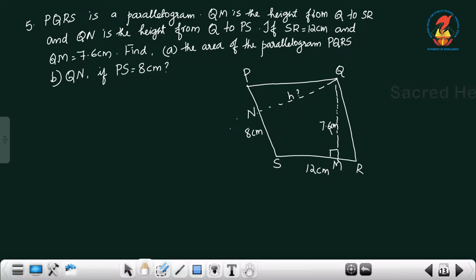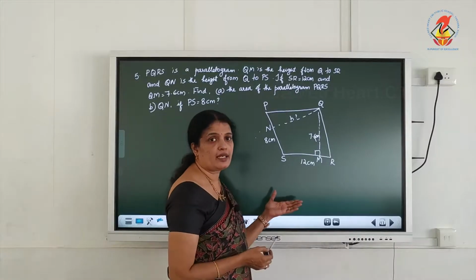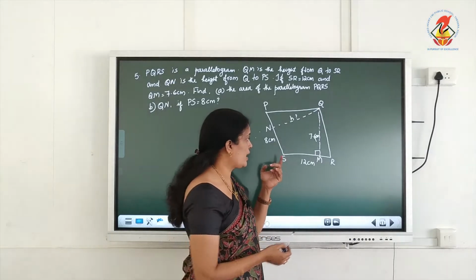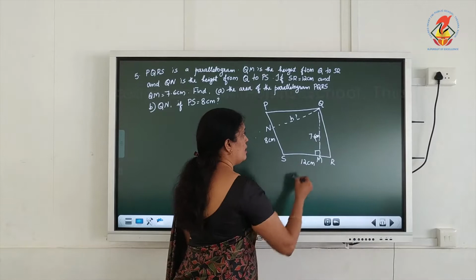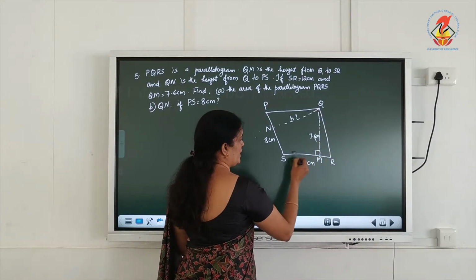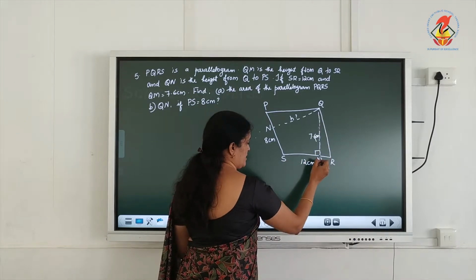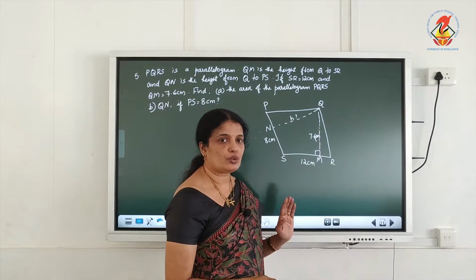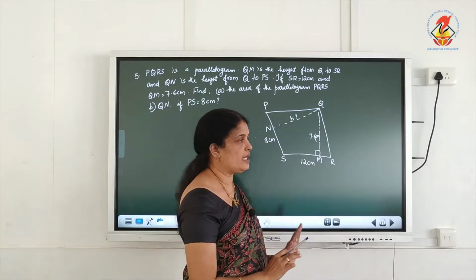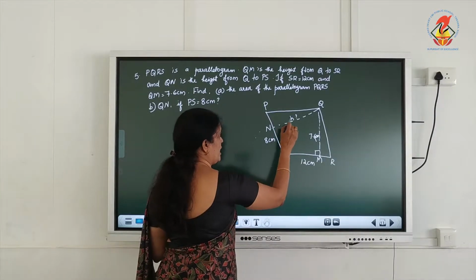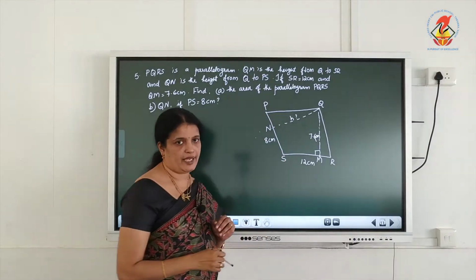Okay, here PQRS is a parallelogram. Here first we consider any side, we can choose it as the base. Here SR is the base, and perpendicular on that side SR is QM. Then base into height equal to the area of parallelogram PQRS. No change in that area, same area. Then using that area we can calculate its height also. That time you should consider PS as the base.